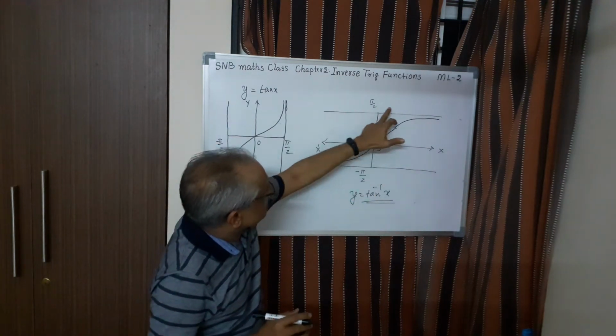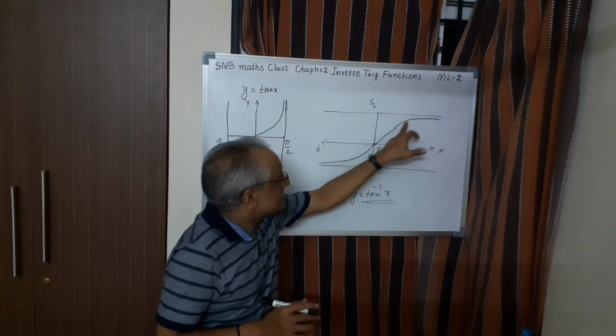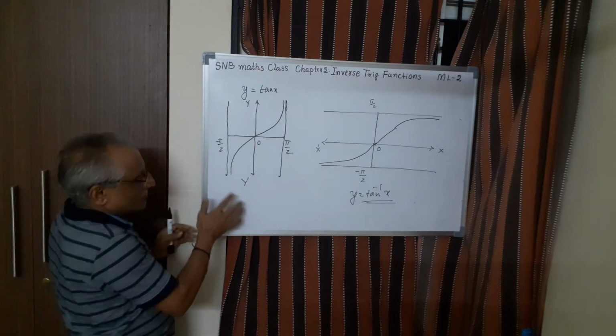Say pi by 2 it is not defined, pi by 4 it is 1. Where is 1? This side. So then this is the curve. So there is another thing which you can observe. This, of course, we are talking about